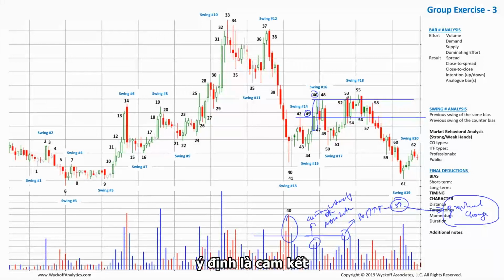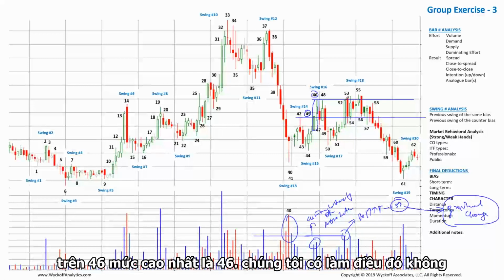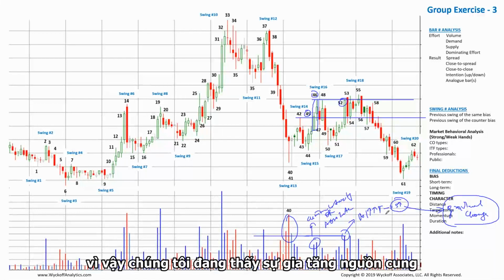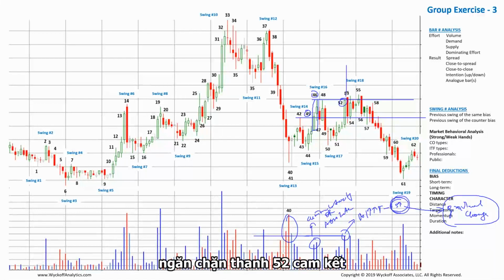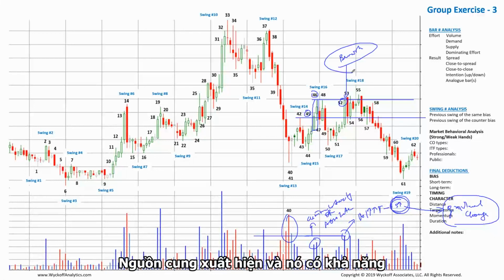The intention was the commitment above 46, the high of 46. Do we do that? No. So we're seeing an increase in supply that stops the 52 bar from committing above the resistance. Bullish or bearish? Probably bearish, just because supply emerges and it has the capacity to stop the price from going further up. So that's the first sign of supply